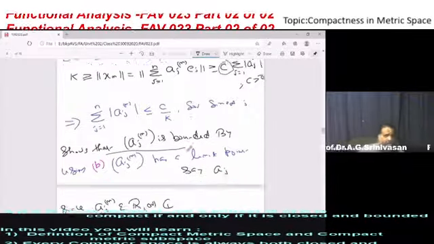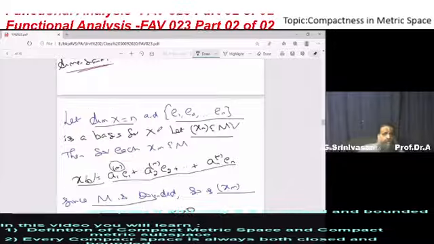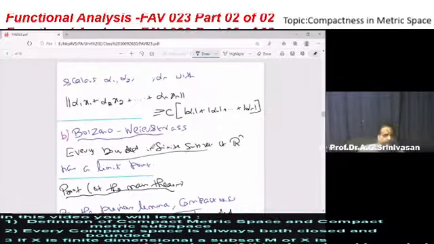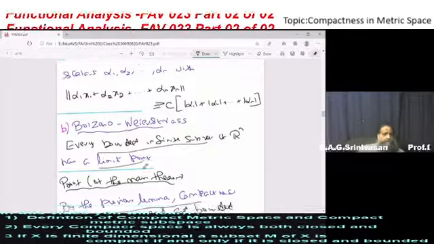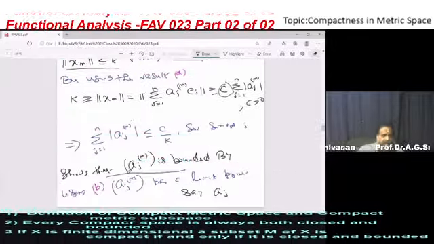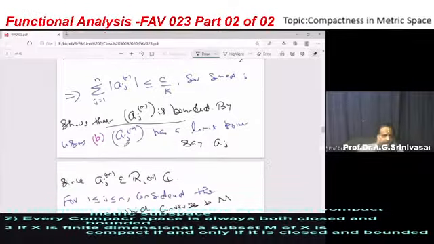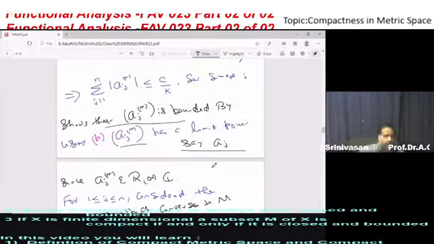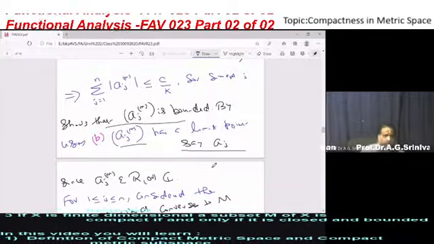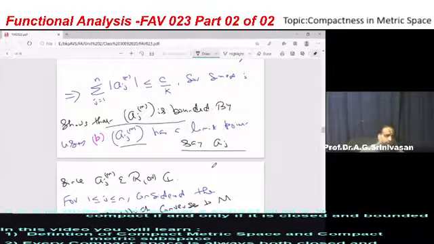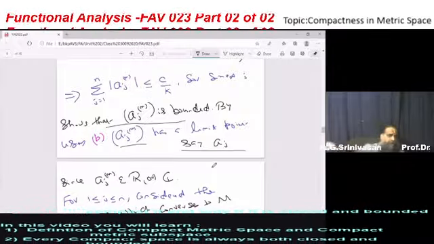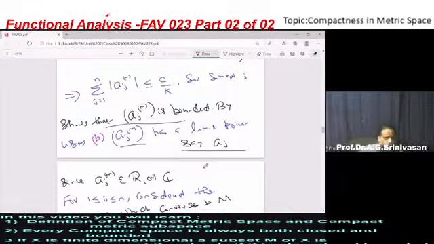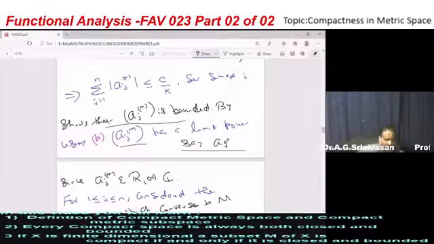So these Aj's are bounded, and therefore by the Bolzano-Weierstrass theorem we just stated, every bounded infinite subset, infinite of course is obvious, has a limit point. So this sequence Aj power m has a limit point Aj. By the Bolzano-Weierstrass theorem, every bounded sequence in Rn, in R or C, has a limit point, because Rn is R, R2, R3, etc. R2 is C, R1 is R, etc. So Aj power m has a limit point Aj.